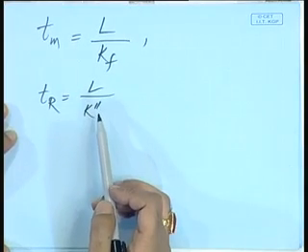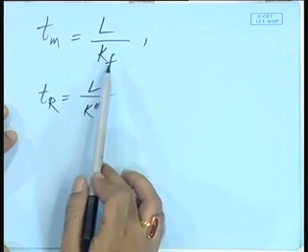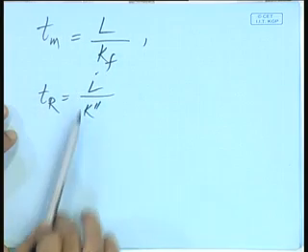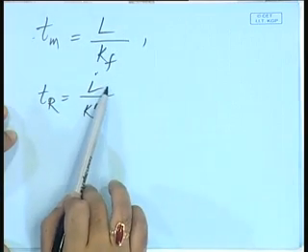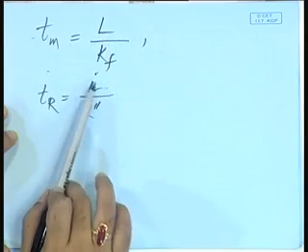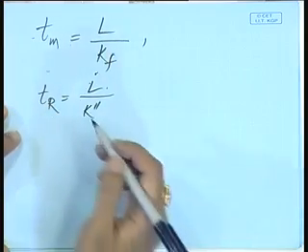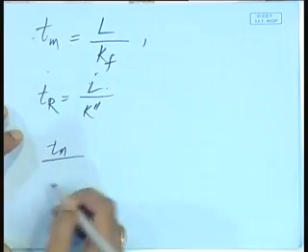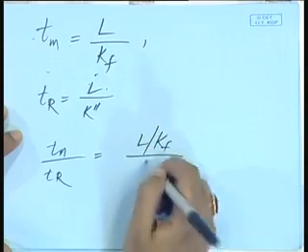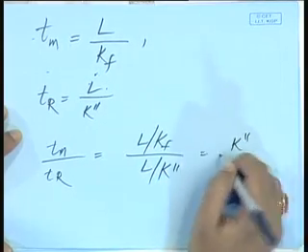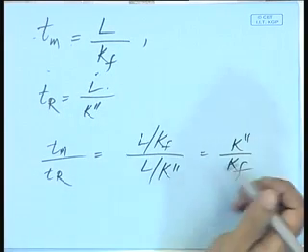Why is that? Why is the L coming in here? Because it is a surface rate. Okay. So, just to take that into account, and if you remember, my mass transfer coefficient and K double prime have the same units, right. So, just to make this the unit of time, the mass transfer time scale is L over K f, and the reaction time scale is L over K double prime. So, my T m over T r equals L over K f over L over K double prime. So, that is K double prime over K f, and that is my